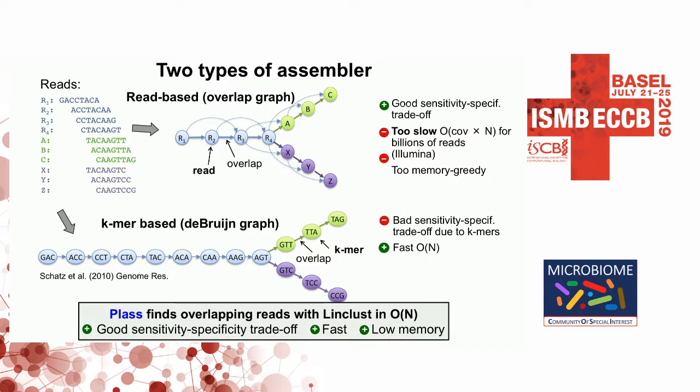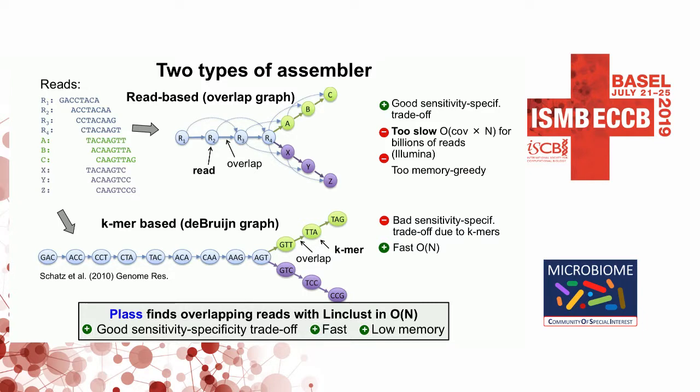Then it gets very difficult for the graph to be interpreted into genomes, particularly because you need relatively long k-mers here to get significance and to be able to distinguish between one species and a closely related species. So you have this problem of the specificity sensitivity trade-off that was solved in overlap graphs, but has disappeared here. And so the idea of PLUS is to have both of these advantages, to have a good specificity sensitivity trade-off by using real overlaps, but to calculate these overlaps not in quadratic time, or time coverage times n,